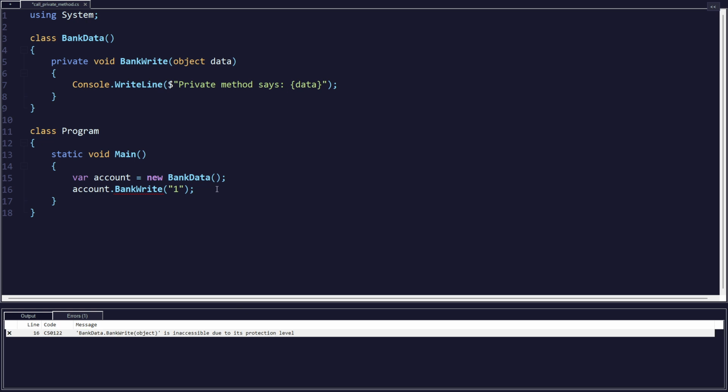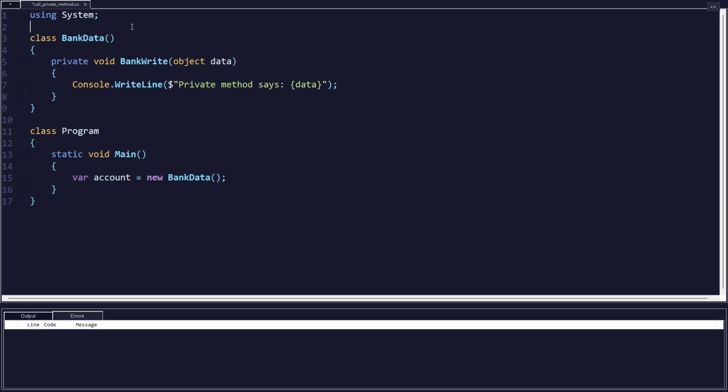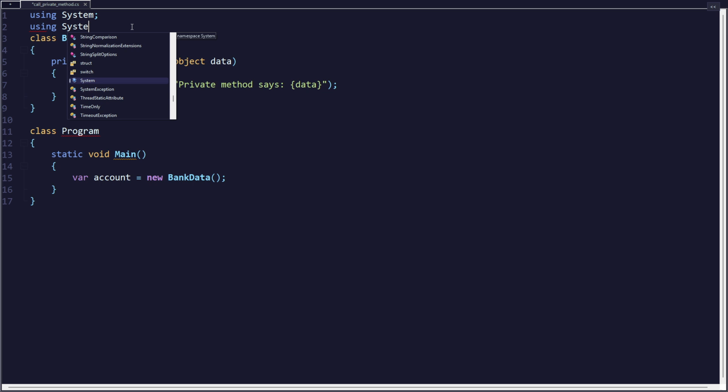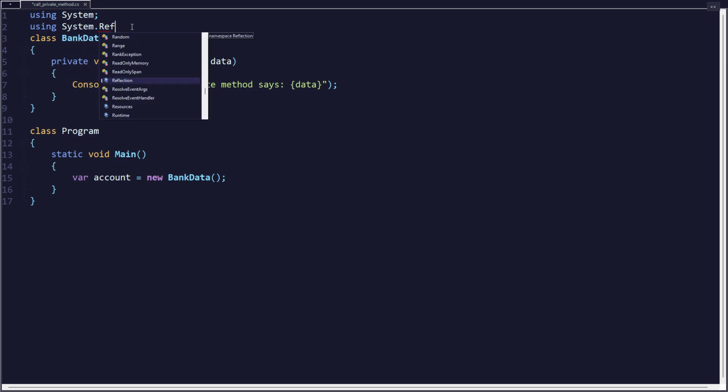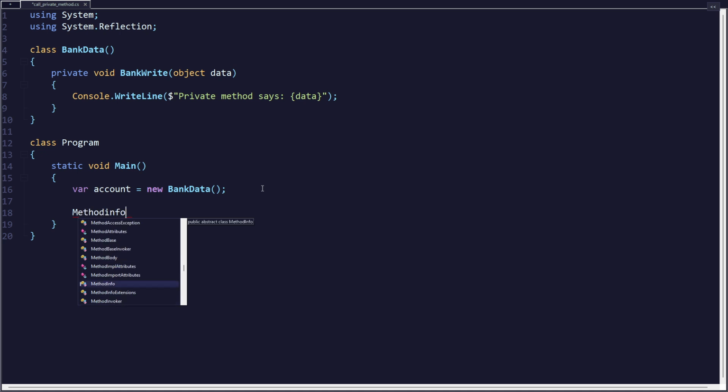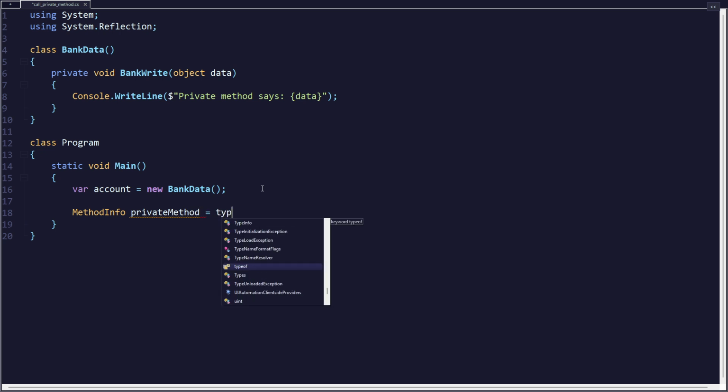Now, by normal way we cannot do this, but let's use reflection in this case with MethodInfo and Invoke. For this, we are using System.Reflection. Now, we get a variable type of MethodInfo. Let's call it privateMethod equals typeof